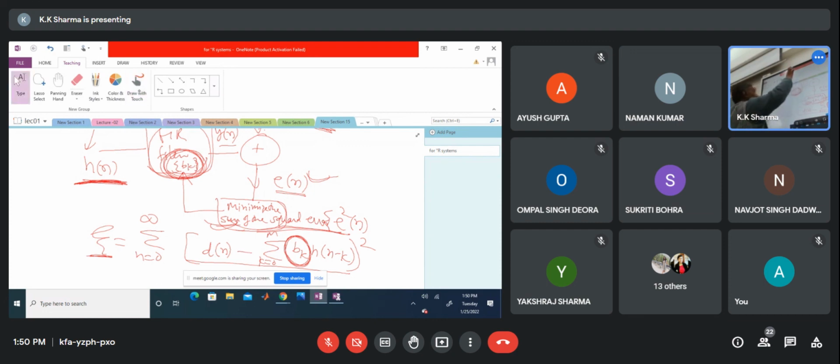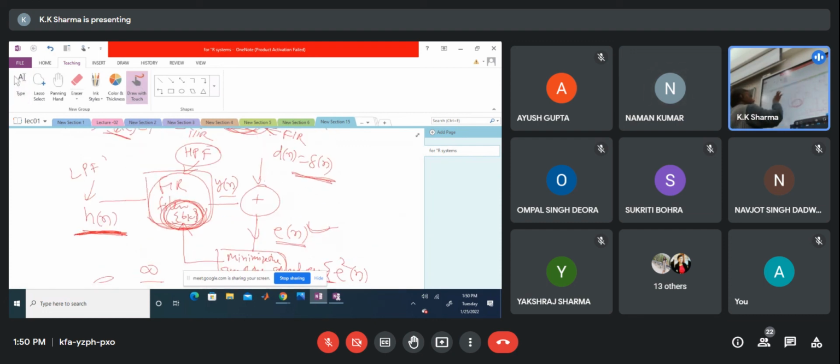So if you want to design a high pass filter, you start with an ideal low pass filter impulse response. If you want to design a low pass filter here, start with high pass here. And one solved problem is also given in the textbook. You can see how to find out the coefficients. It's a very simple thing. From given h of n, how to find these coefficients. Simple matrix inversion will give the coefficients from given h of n. You see one example solved problem in the textbook.